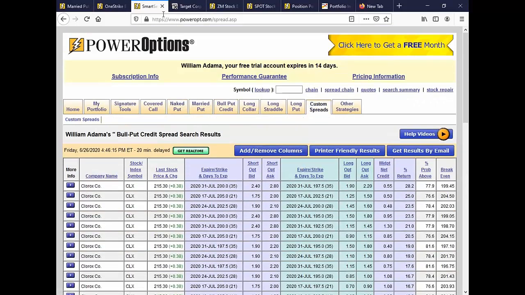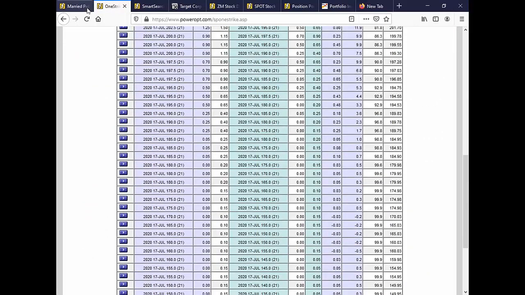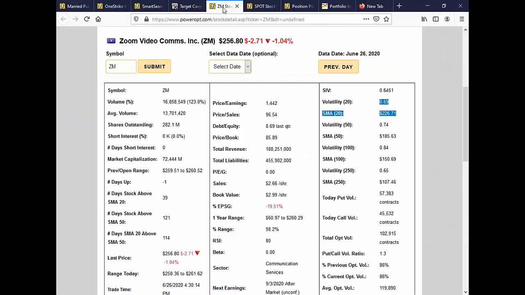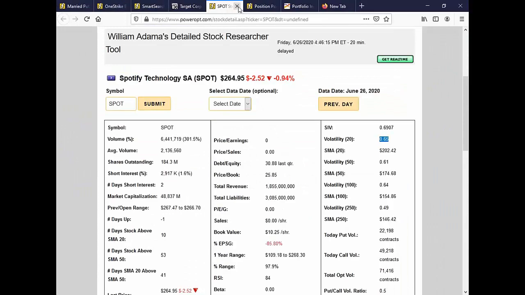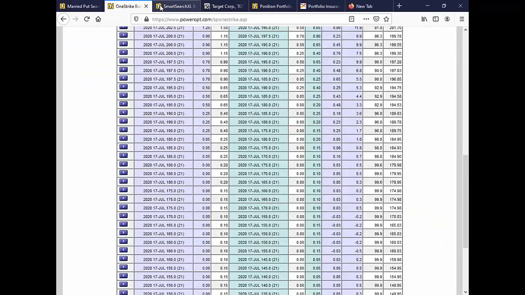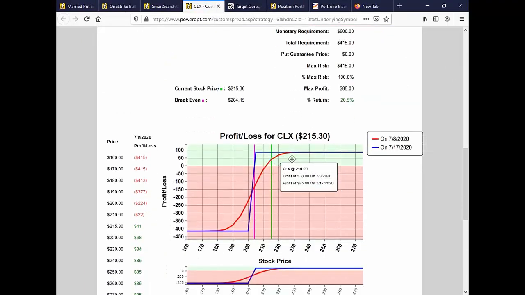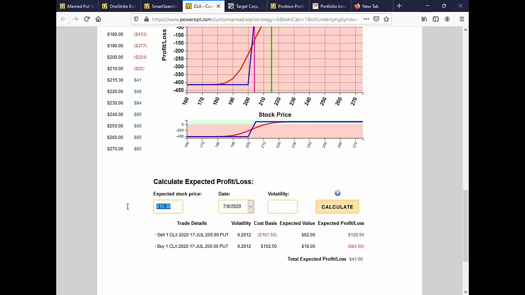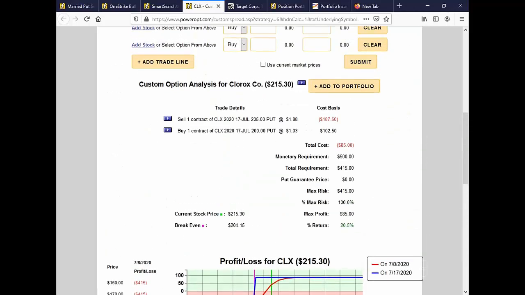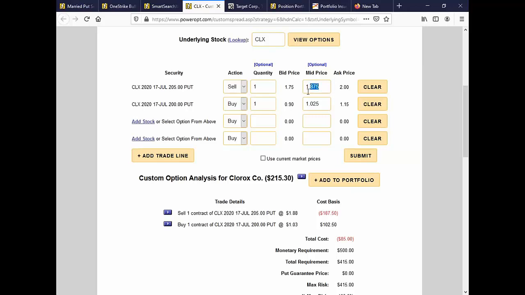Then you can compare the what-ifs on the custom spread tool that we were looking at there, that I got rid of for the different positions. Let's just go back. There we go. Okay. And so now you've got your comparisons. You can run your what-if scenarios down here as we did earlier in the presentation for that different position as well. I could come in and put it in manually, just like you did,